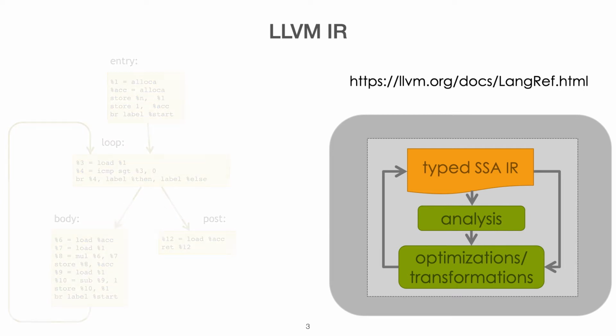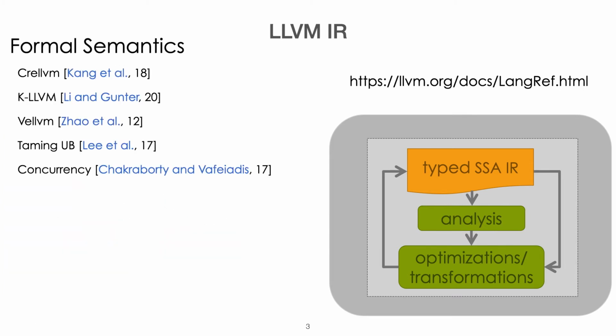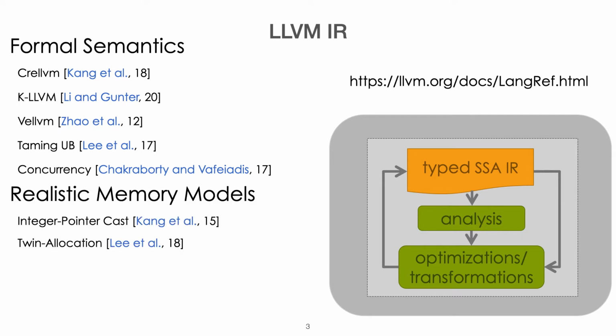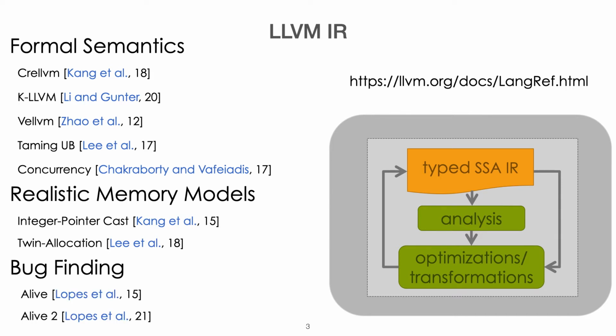However, one hint that it is not that simple is to look at the amount of work that our PL community has performed to try to formalize this language. In particular, a huge variety of works have been looking for understanding and formalizing the semantics, or simply some aspect of the semantics. But even just understanding the memory model has proven to be particularly tricky. And this line of work has given rise to very principled tools to find bugs in LLVM as such.